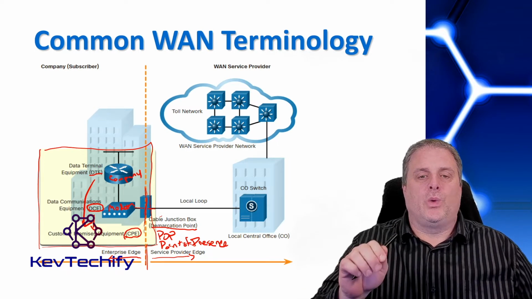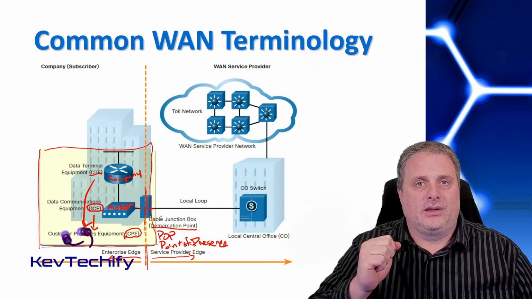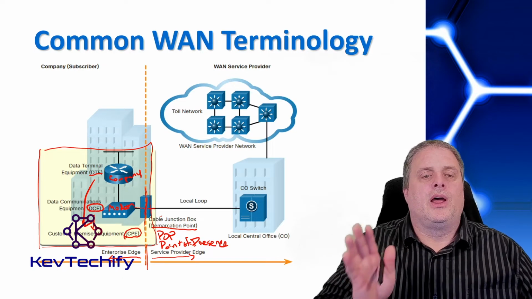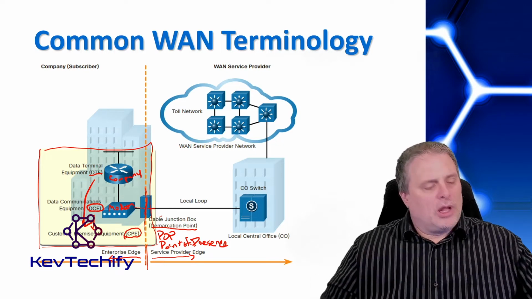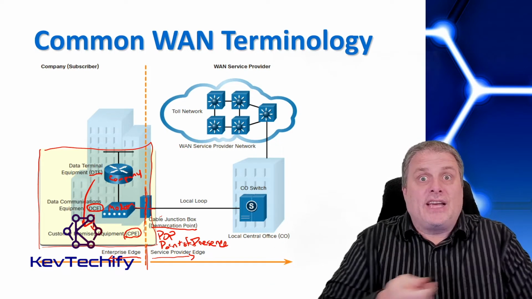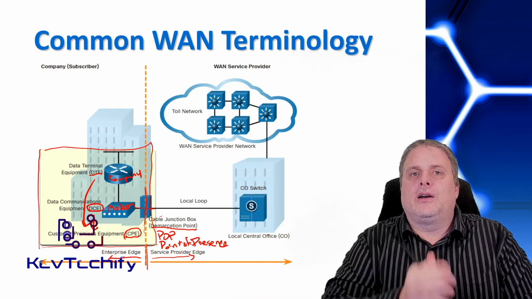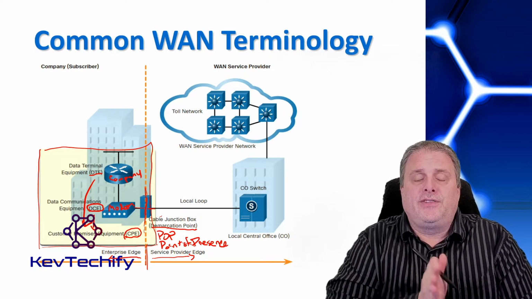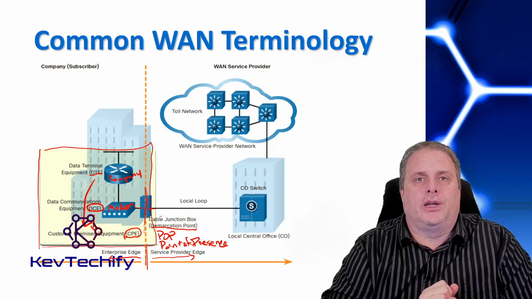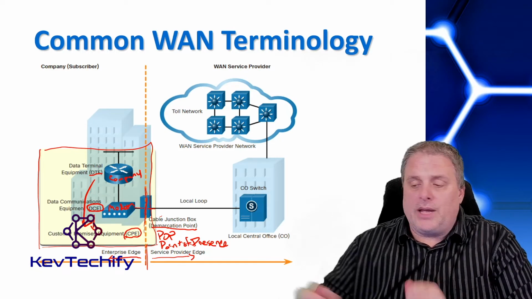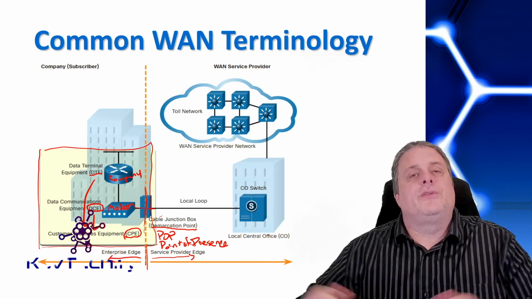And what happens is when you call up and say, hey, service provider, I have a problem with your connectivity, they're going to walk you through a couple things, but they may eventually send out a tech. First thing that tech is going to do is disconnect that cable, plug it into one of his testers, and if it tests good, he's going to say, I'm sorry, up to here, that connection is good. After this connection, there's something wrong. And that something wrong is your responsibility. Now, if that tester comes back and says, oh, yep, there definitely is a problem between this point and the central office, then the service provider is going to fix it.